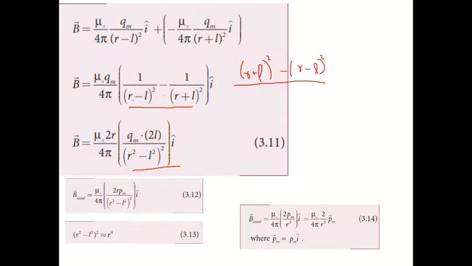Okay, I am explaining this particular bracket. Now in the denominator we will have (r minus l) the whole square into (r plus l)